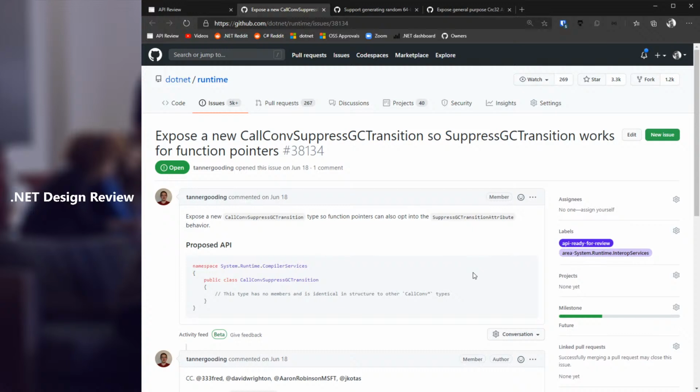Yep. So we exposed the SuppressGCTransition attribute. However, due to the way function pointers are encoded, you cannot use attributes on function pointers. The proposal to handle that is to expose a new calling convention type, which matches the general layout and convention of the other calling convention types, and what the C# compiler will support for the function pointer syntax, so that you can explicitly, for example, do delegate*